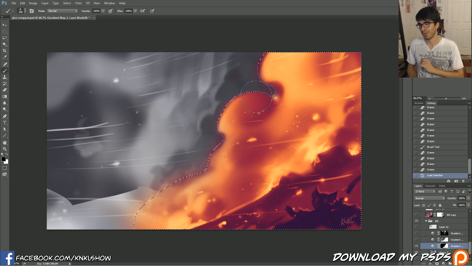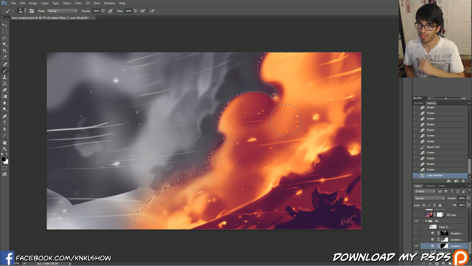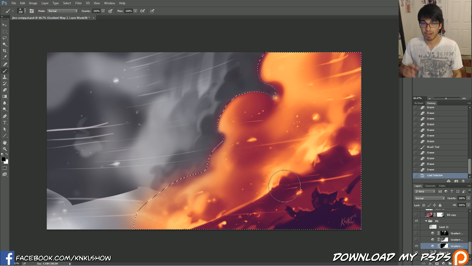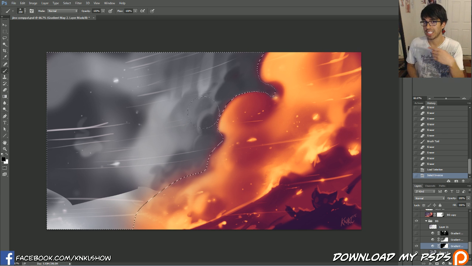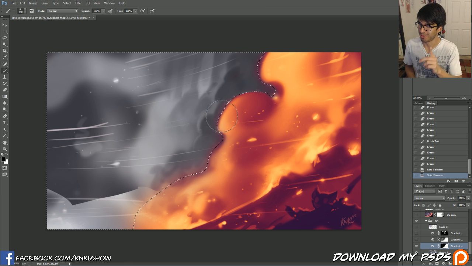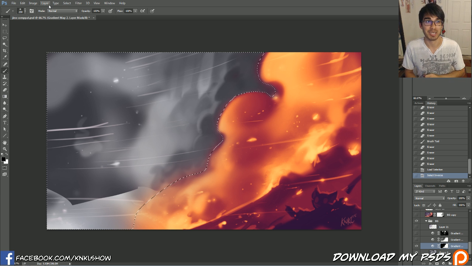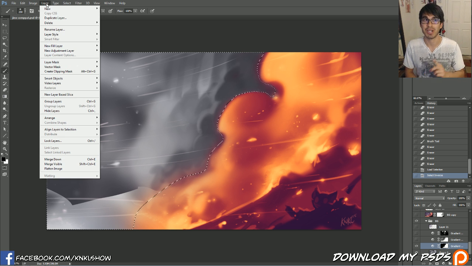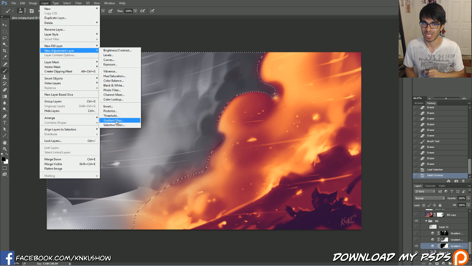Now you'll notice what it's done is it has selected everything that is actually on that gradient, or like what is still existing on there, okay? So it's selected basically where your colors are. Now what I'm going to have you do is invert that. Invert that selection by hitting Shift-Control-I. Now you've selected everything that's not on the gradient. Can you guess what we're going to do next? That's right, we're going to create a new gradient map. So Layer, New Adjustment Layer, Gradient Map